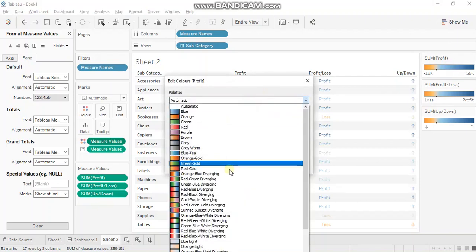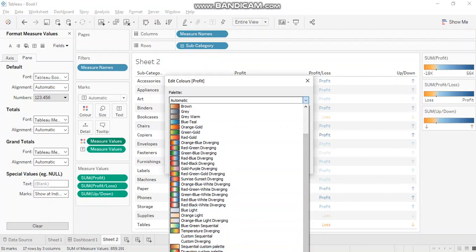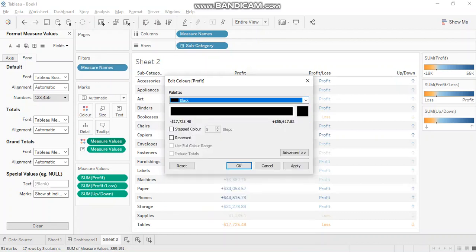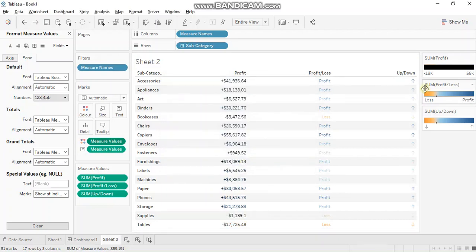Let's go here and let's put the first one to black. I have this black color palette over here. You won't be having it because I have created a custom color palette. If you want more details about custom color palettes, then follow my video on the same. The link is there in the description. Alright.